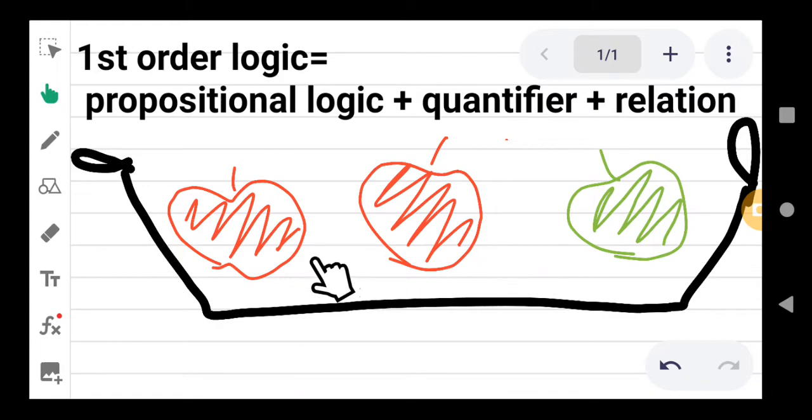So for example, if I say that there are 2 red apples in this basket, then of course that statement is true, yeah. But if I say there are 3 green apples in this basket, then of course that statement is false, yeah. And then you can also use the conditional statements in propositional logic, like for example, the if-then